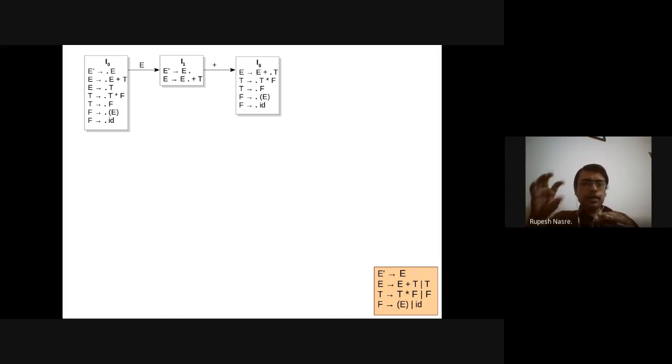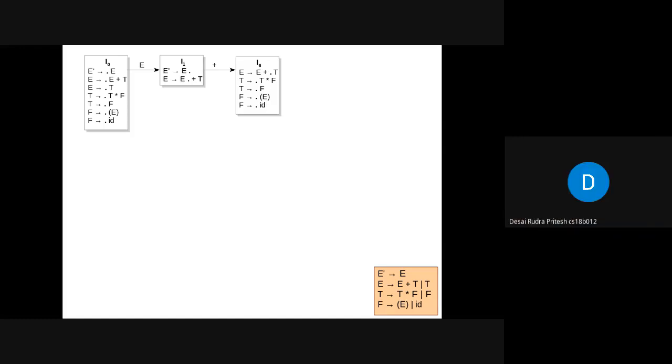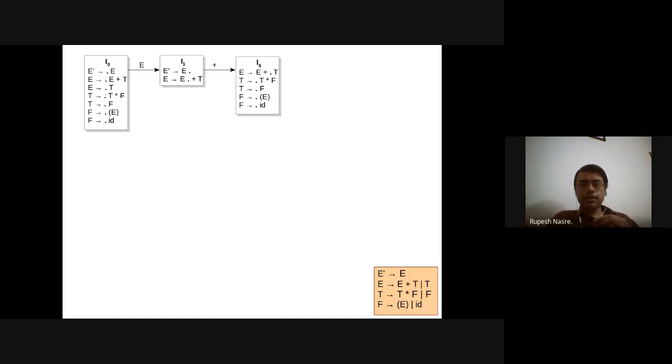So therefore, you have not consumed T, and that means you have not consumed any of the productions which are derivable from T. So that dot T adds the T deriving those two, and then T arrow dot F adds the last two. Okay, sir. Okay. Any other concerns?